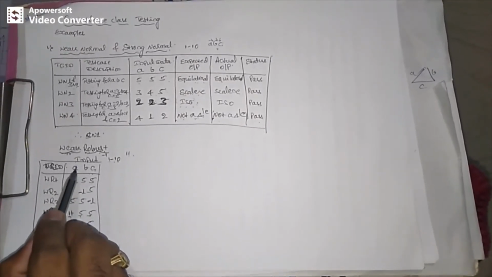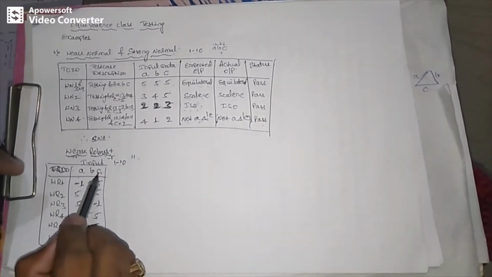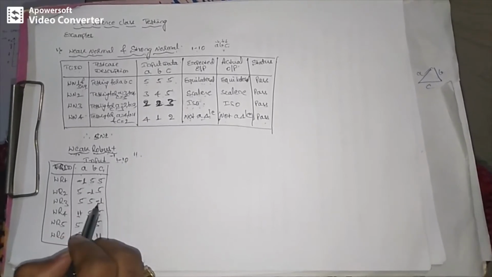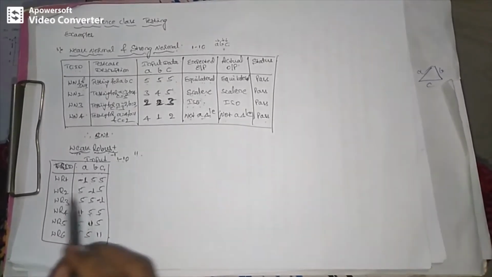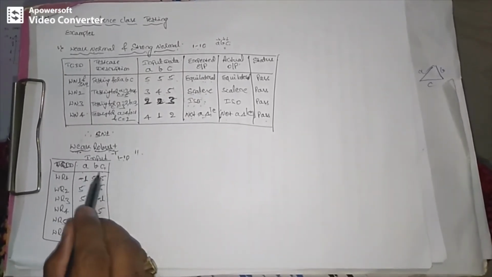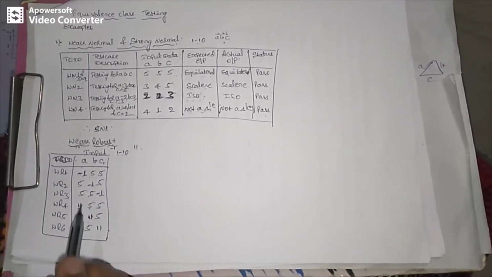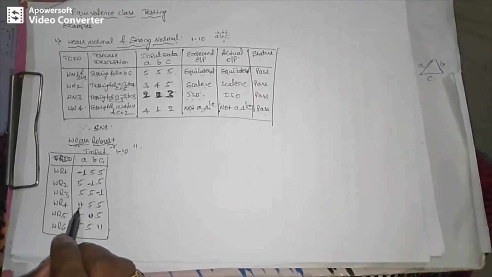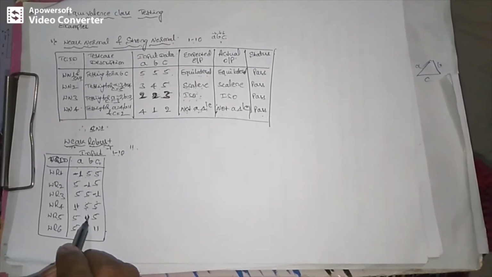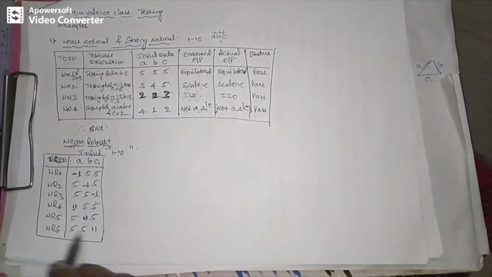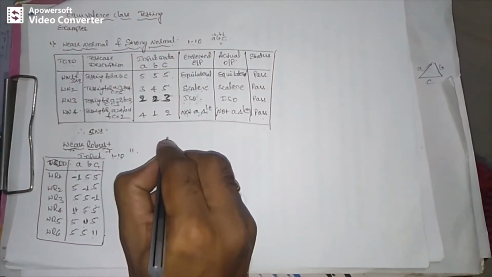Now A's turn is over. Similarly, next time B is invalid and the other two, A and C, will be nominal, and next time C will be invalid and the other two inputs will be valid, but the value will be nominal. This is the one corner of test cases we have covered. Similarly, we need to write test cases for the other corner, that is maximum plus, which is invalid. Here A is invalid and the other two should be valid, and next time B will be invalid and the other two inputs will be valid. Similarly, the last one also. Now I will move to the next test case, that is strong robust.